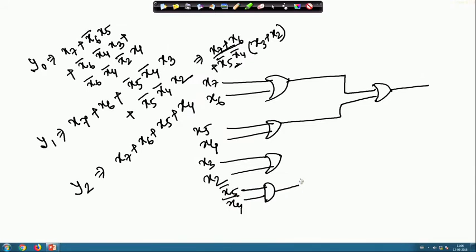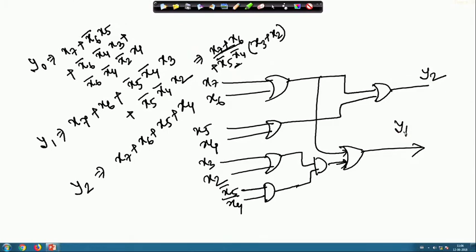So, this will be ANDed with this x3 plus x2. Okay. And then that will be added with this particular point. So, this is y2, this is y1, then for y0 I have to minimize this, and by this method, using these gates, now I can implement that